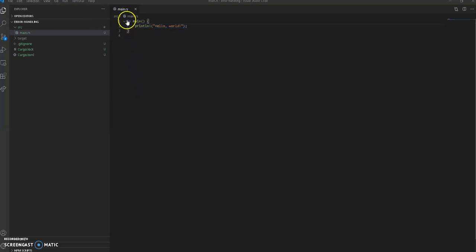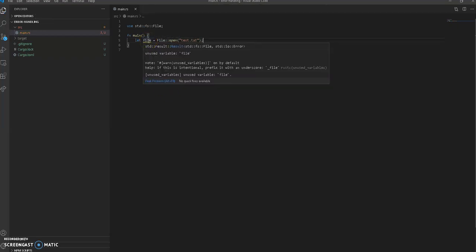So the first thing we're going to do is open a file. So we're going to use the standard file system library, and we're going to use the file object from the standard file system library. So we can get rid of hello world, and we're going to make a new file, and we're going to call that